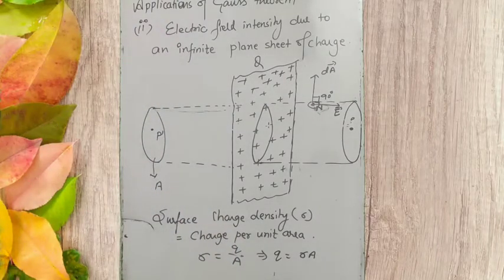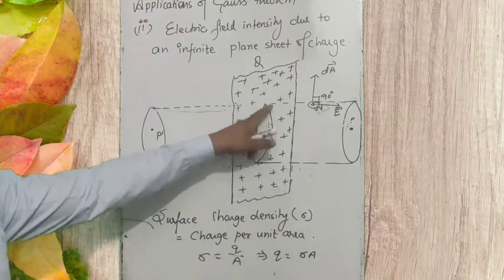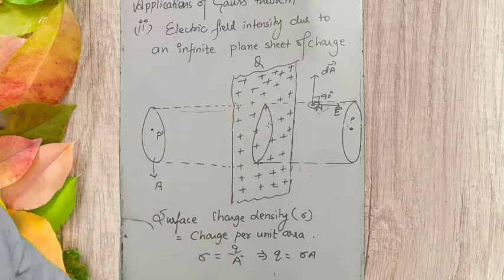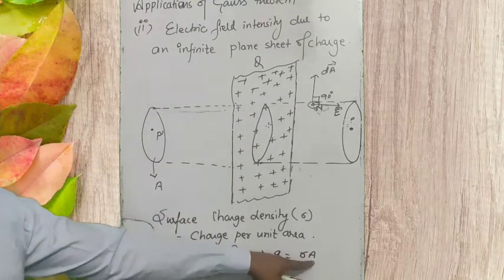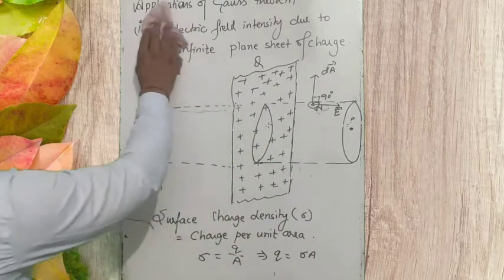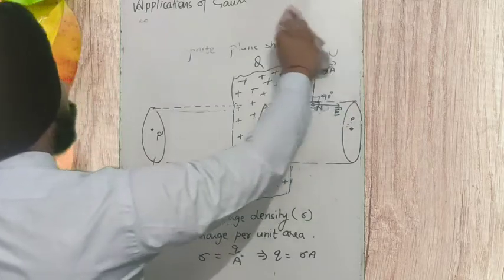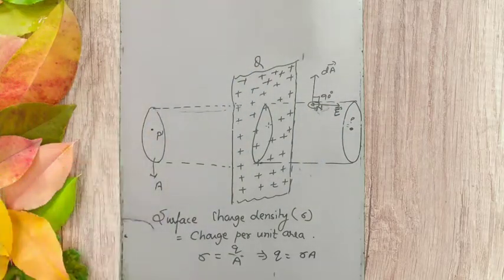Okay, so let's start with the derivation. We have sigma, the surface charge density, and the charge enclosed by this cylinder is sigma A, where sigma is the surface charge density and A is the area of cross section of this portion. So I'm going to apply the Gauss theorem to find how much flux is passing through this cylindrical Gaussian surface. Here I am writing.